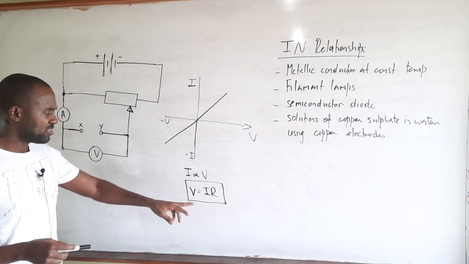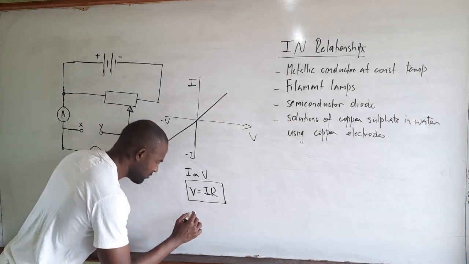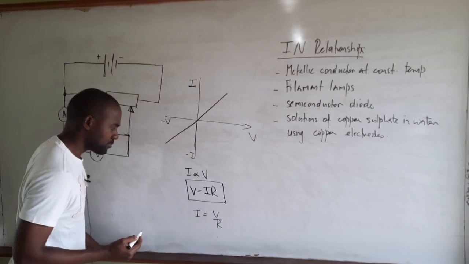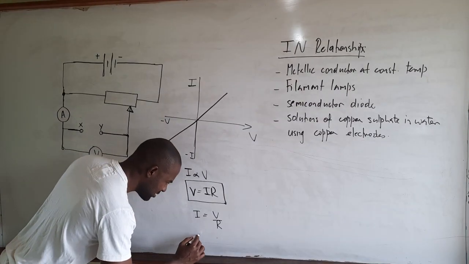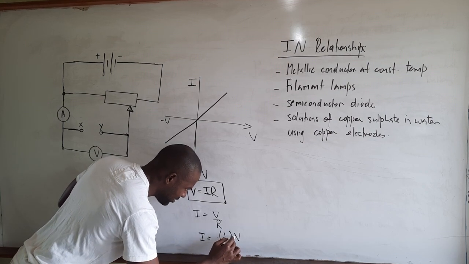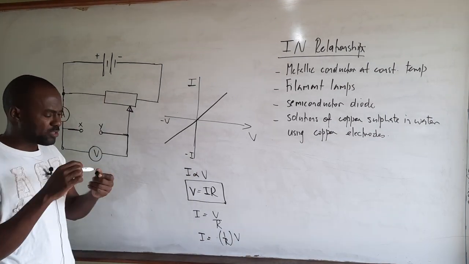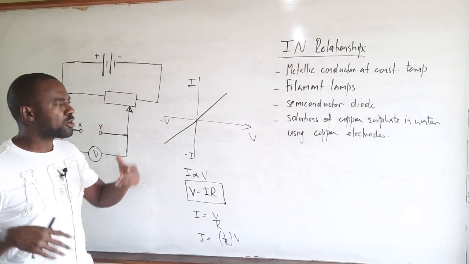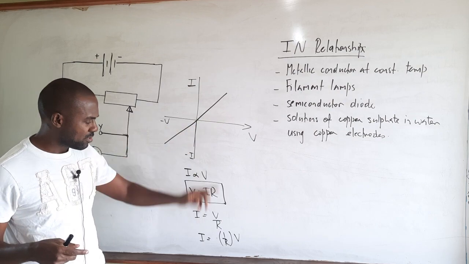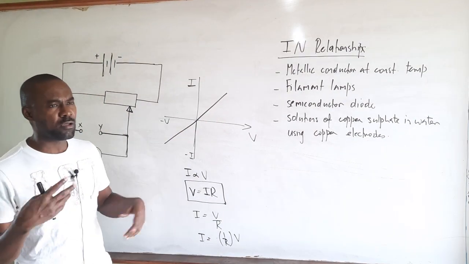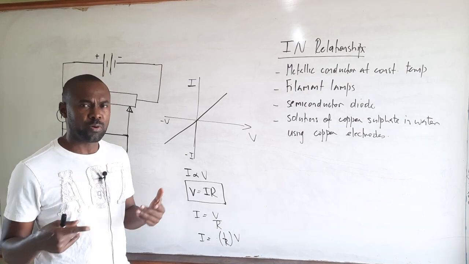Now from this equation, V is equal to IR, if we make I the subject, I is equal to V over R, and we can write the equation like this: I is equal to 1 over R times V. Now basically, if we were to plot a graph of the current against voltage, then essentially the gradient of that graph will give us 1 over the resistance, and therefore we can actually look at the graph and tell how the resistance of the particular component is changing,